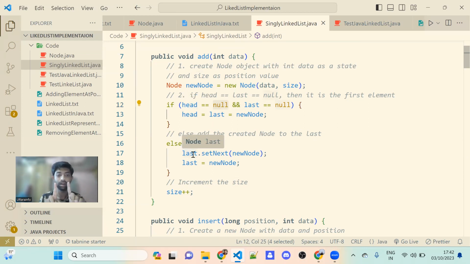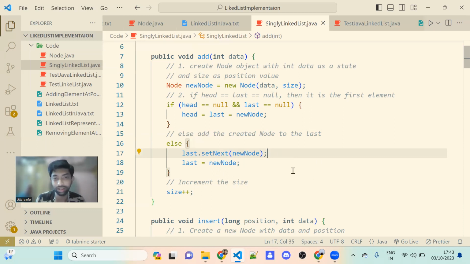And also the last next, this you got clear. Only thing is, what is this? Last dot set next. Earlier, the last was pointing to the first node. Okay. If this is confusing,